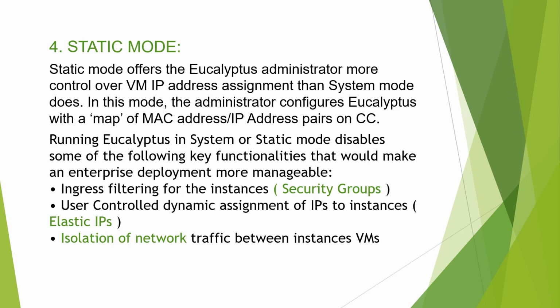The fourth type of operation mode is the static mode. It is kind of like the system mode, but uses more features. So whenever a VM instance is created or it sees a static entry, it will statically map those entries into the VM directly using the DHCP server, Dynamic Host Configuration Protocol server. So if there are subsequent calls for VM creation, then it will directly map the next IP address to the static entry table. In this way, it has its own set of IPs and assigns them one after the other.